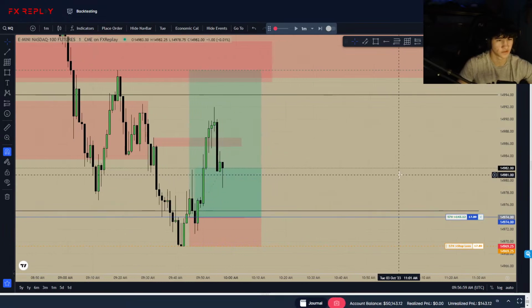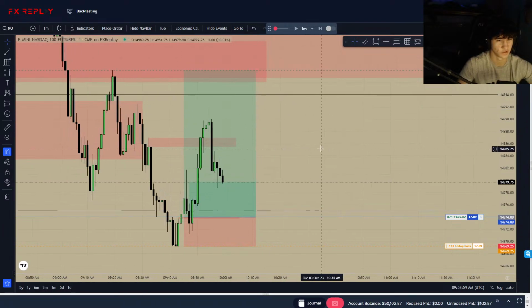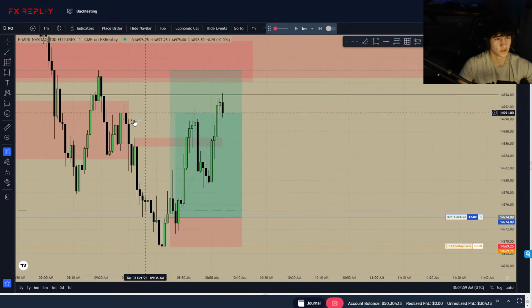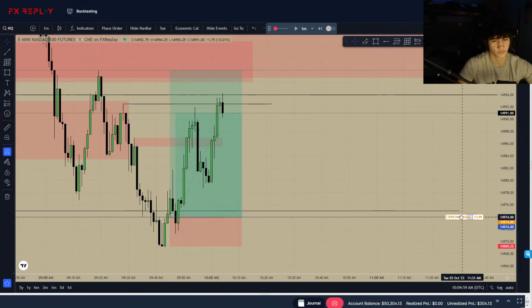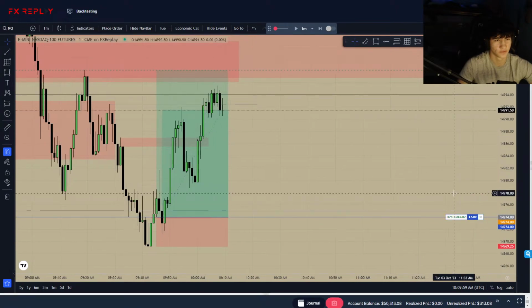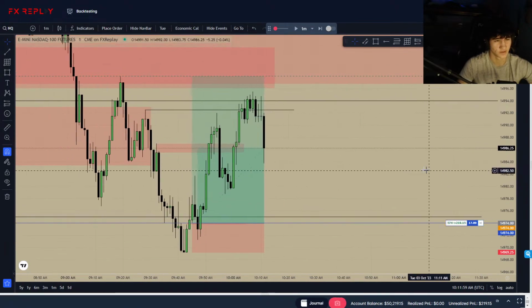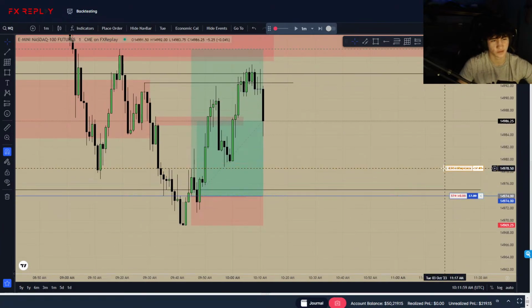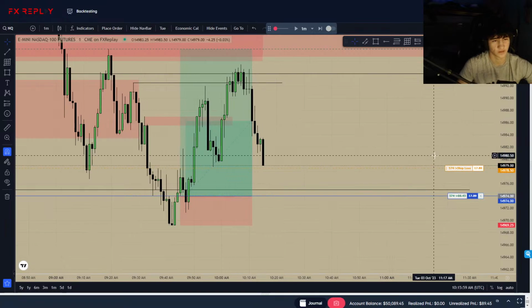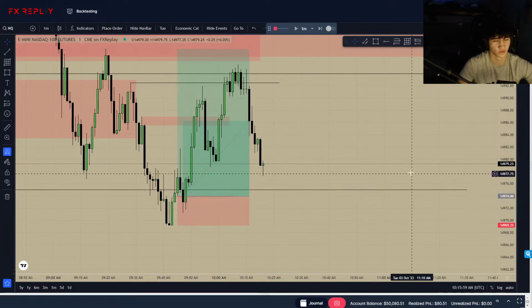And I should have taken partials. No, I'm still gonna hold. Okay, this is where I'd have partials. I'd say stop to break even here. So there's roadblocks. Okay, I'm gonna move stop in profits down to this low. Order filled.